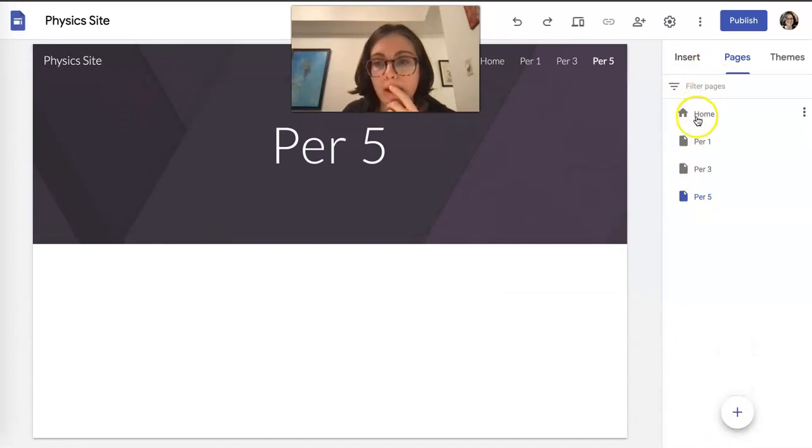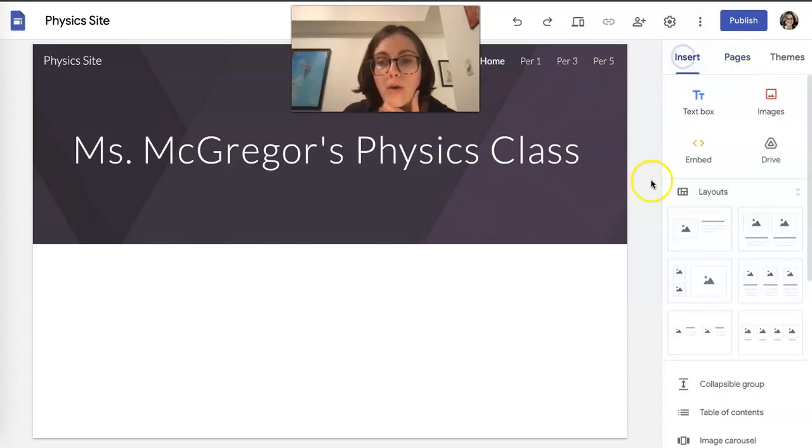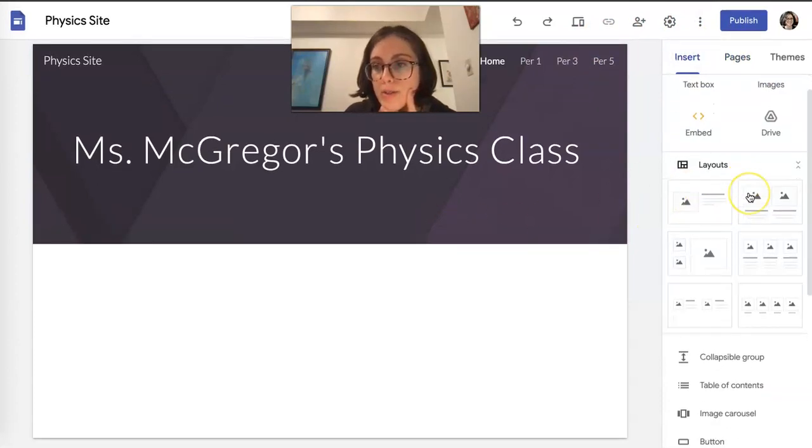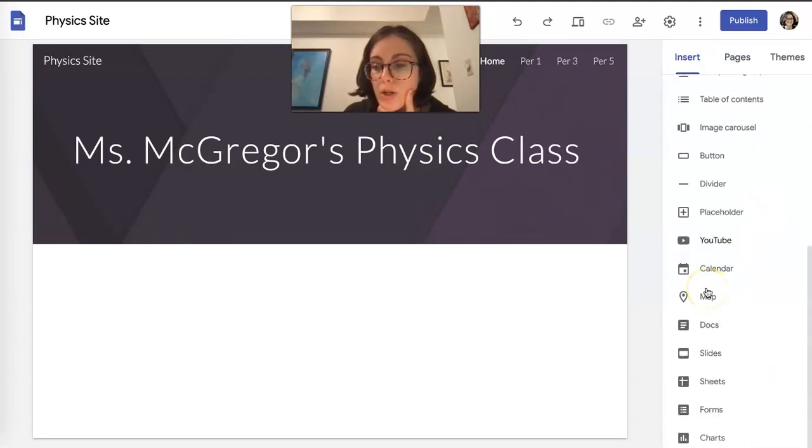So I'm going to go back to home, and I like this. You can navigate to the various pages from the top as the user, and we'll see it as a preview in a moment. Okay. So now to take a look at things you can add to your Google site. A lot of different things. You can embed a calendar, a map, even a Word doc. How about, can I put in a file?